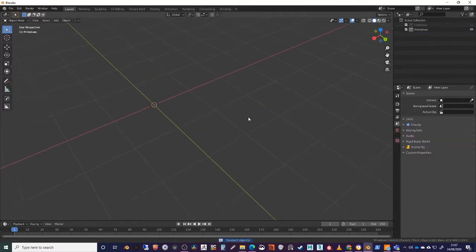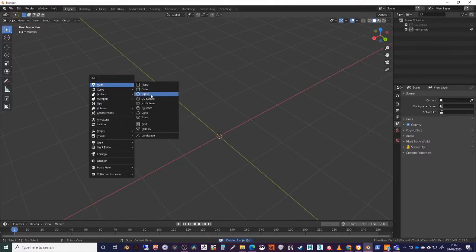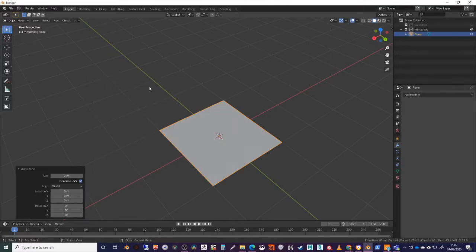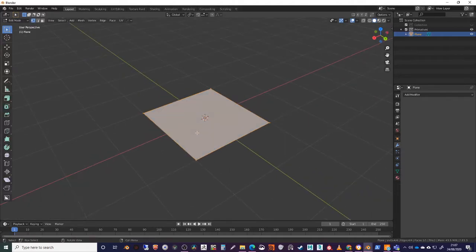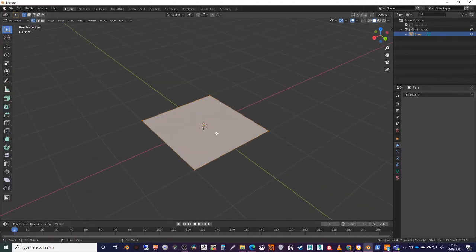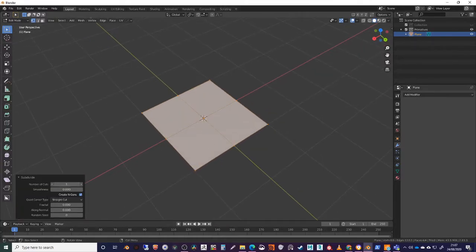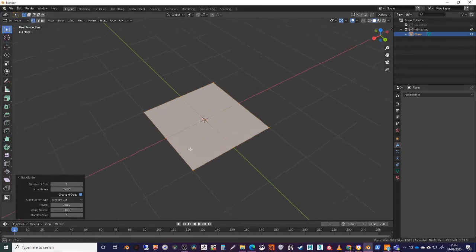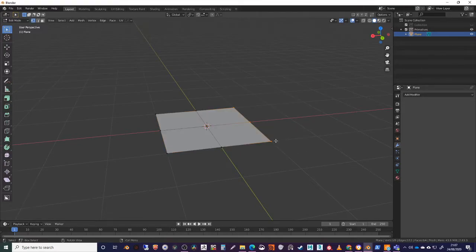X delete, so we delete everything in here. Shift A, we've got various primitives, so there's some really cool ones. Obviously the plane is fairly straightforward. If you want to go in and subdivide an object, you first go into edit mode, then right mouse click on it and hit subdivide. You can ramp the subdivisions up, so it's pretty easy to do certain things. But why would you want to do that if you're, say, for instance, creating a plane that's going to be one of these